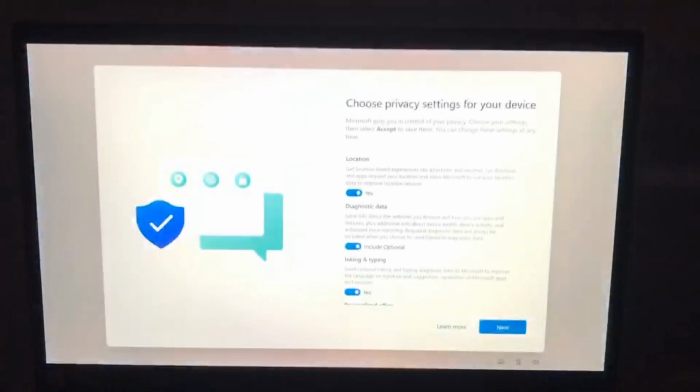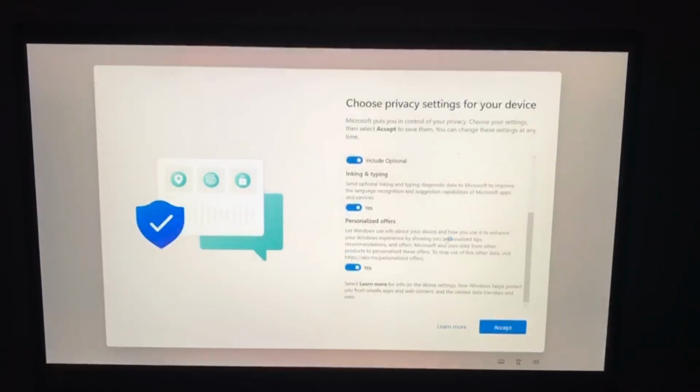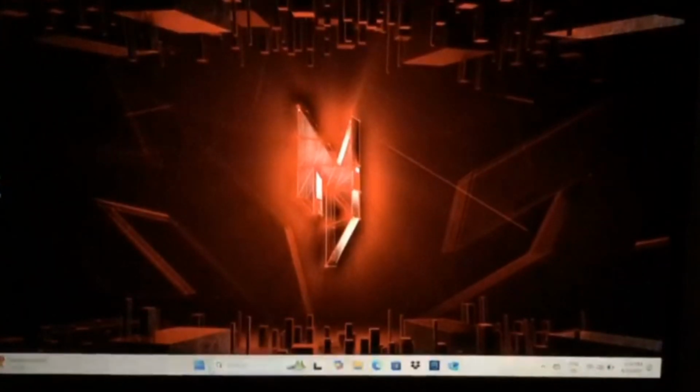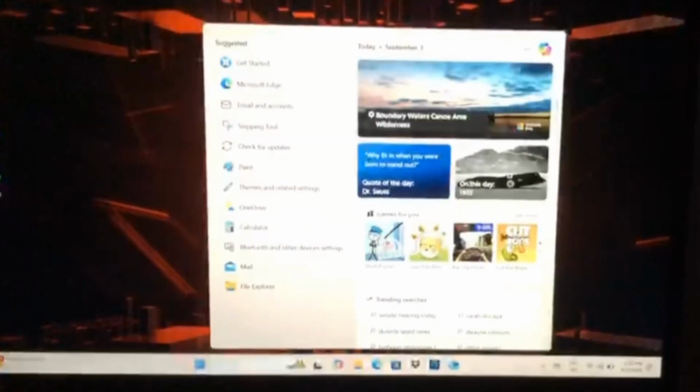So here we're just gonna click accept. Here we're gonna search the folder, which is the test folder.